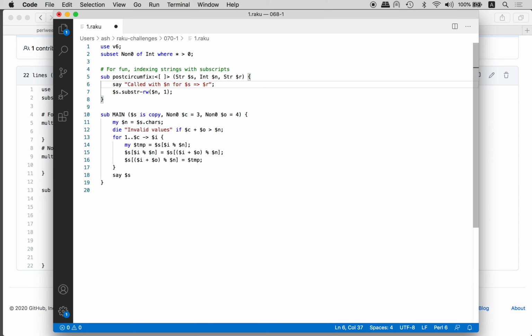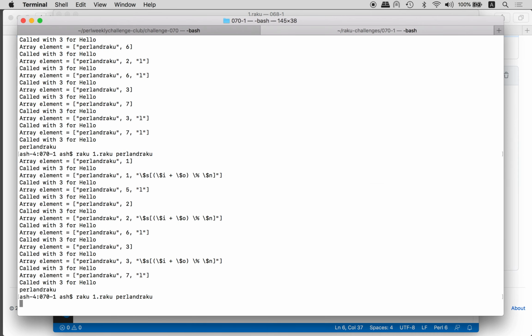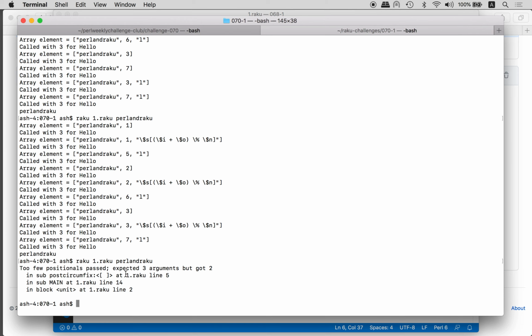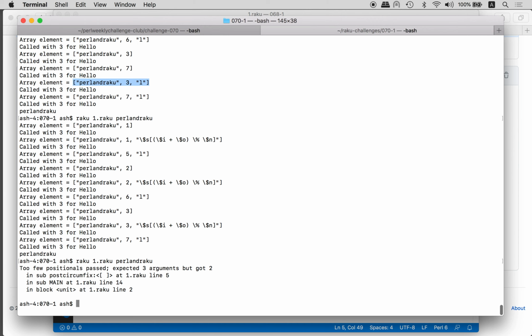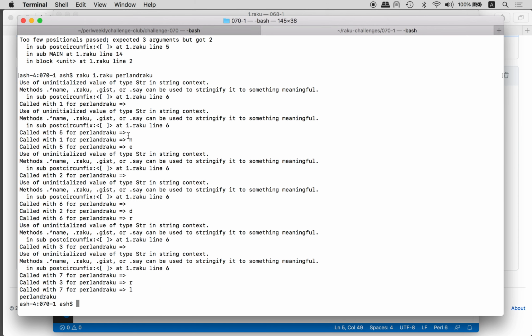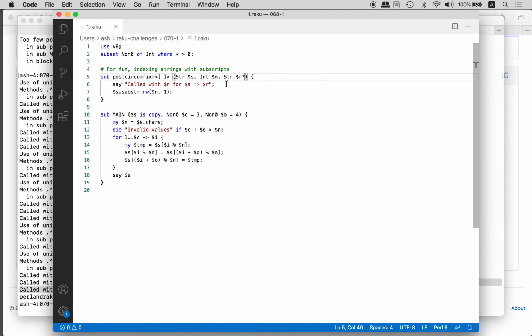Okay, replaced to this, and now if I call it, too few positional, right? Too few, because this one is an optional thing. As we saw, sometimes it's 2 when we just read a character, and we've got 3 elements when we are trying to write to a character. There are some things we are not worrying about now, but sometimes there is something on the right side. So definitely there are different characters, and they are really different at different calls, and they are passed here. So what we have to do is basically